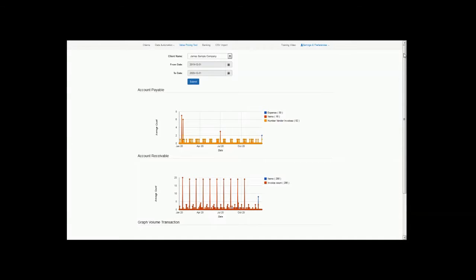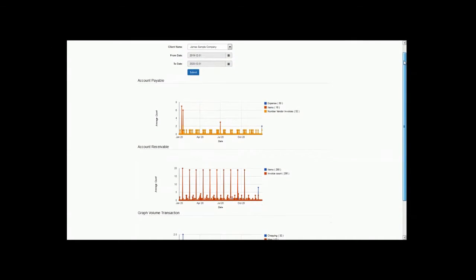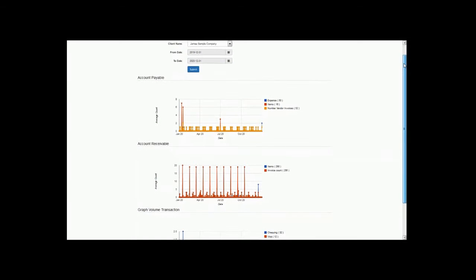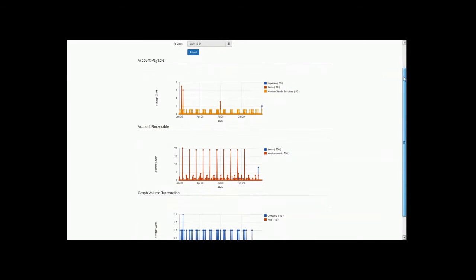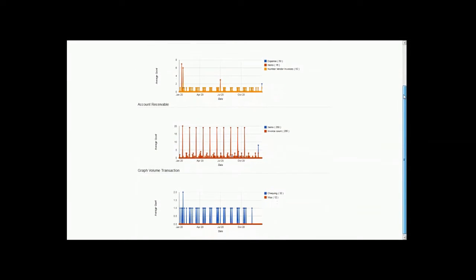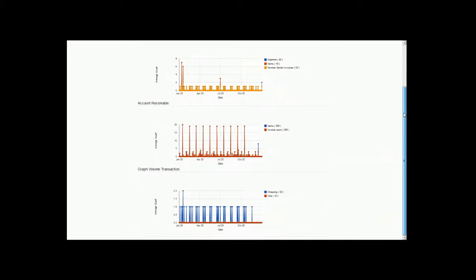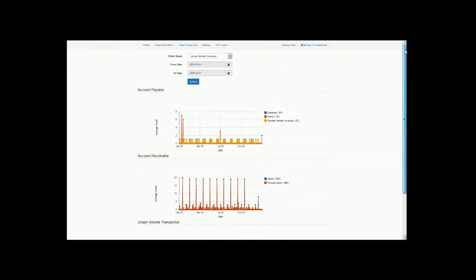Okay. So James, this is what we call our value pricing tool, and you can see that you brought up your own sample company just as a test, and we put in the date of December 31st, 2019 to December 31st of 2020, and this is from a sample QuickBooks database. And the whole purpose of our value pricing tool is really to allow bookkeepers to understand the volume of transactions that a prospective client has, so that when you do your value pricing, you're not going to underprice the amount